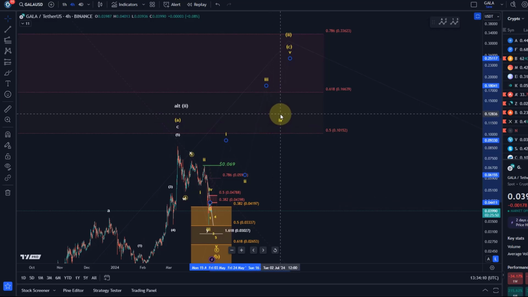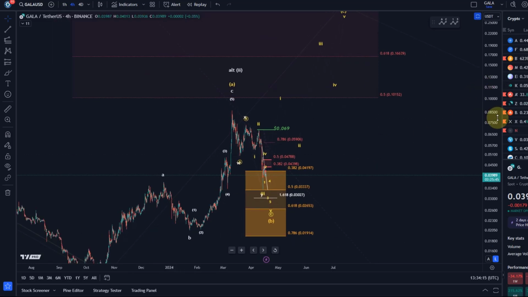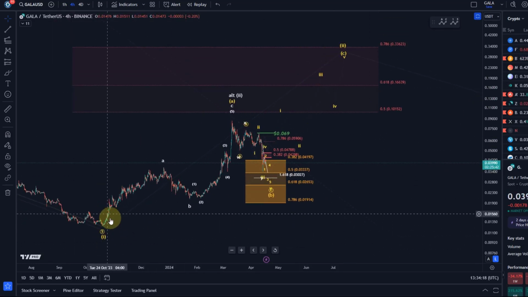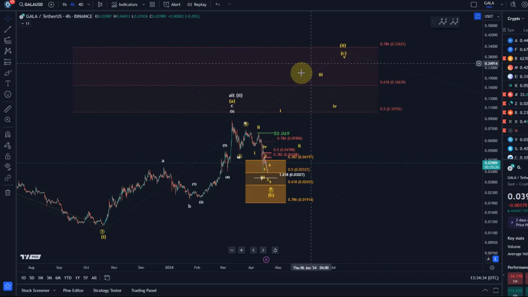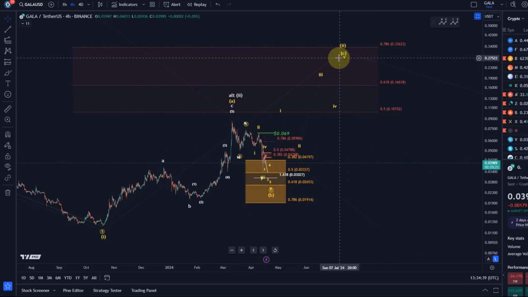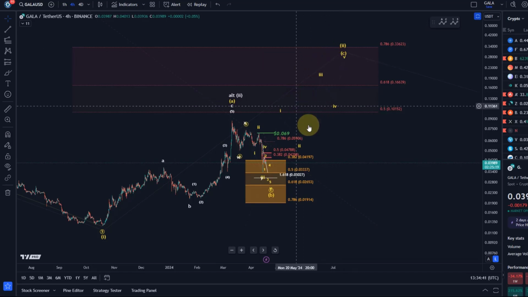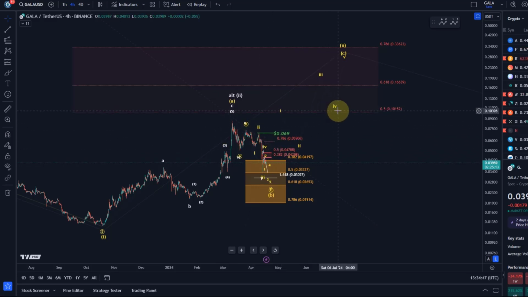We explained that structure in yesterday's video in more detail. But the idea is that we are currently moving up in this larger ABC structure. The A wave topped in March. The B wave might be bottoming in this current region, maybe one more low. And then the C wave higher is still outstanding and could send the price to around 16.6 cents, maybe 33.6 even, probably rather the higher end. But it also depends on how long the bull market is going on for. This is the pathway that Gala is likely going to take to participate in any further bullish movements to the upside that the entire crypto sector is undertaking.